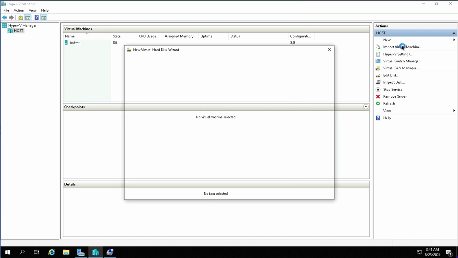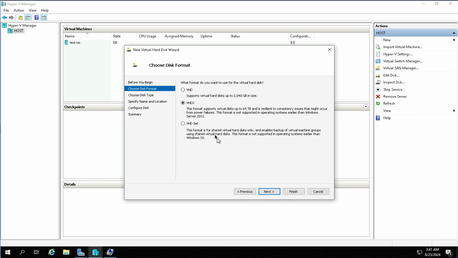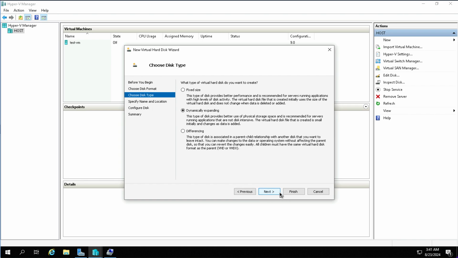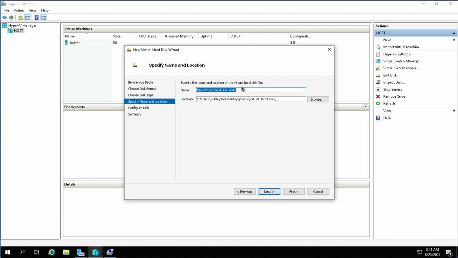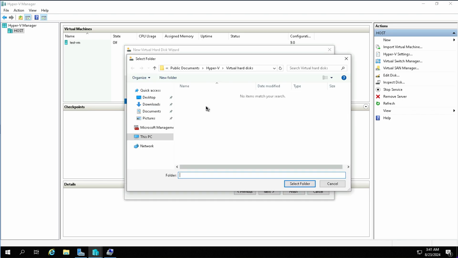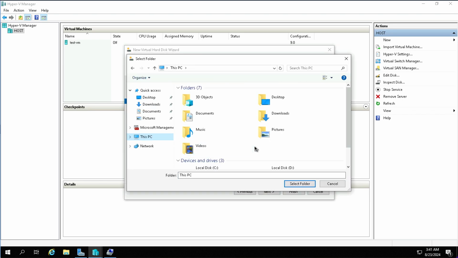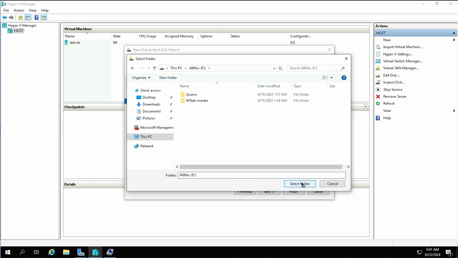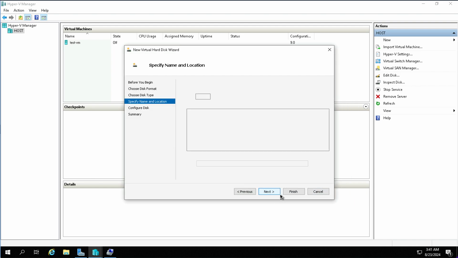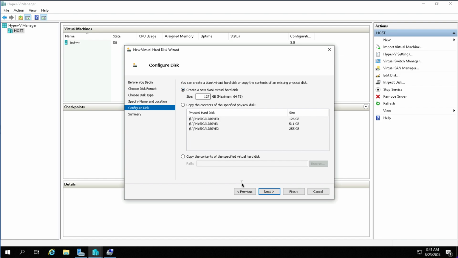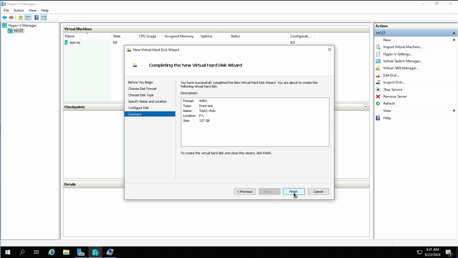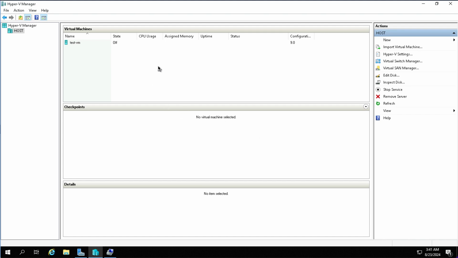Now let me show you the virtual hard disk VHDX extensible format. So VHDX, and then I will select next. Dynamically expanding is the default selection here, but I will go with next with a fixed disk type, and then this is going to be test 2, and I will store this VHD, let's say, in a different location. So I will provide the storage location for my virtual hard disk, then we'll say next, and then this is going to be the size of this virtual hard disk. A blank virtual hard disk I want to create, and you will notice that 127 gig disk has been created